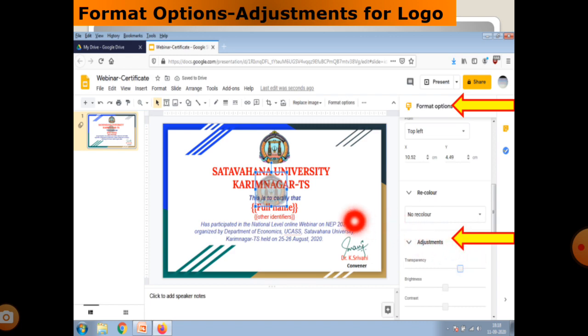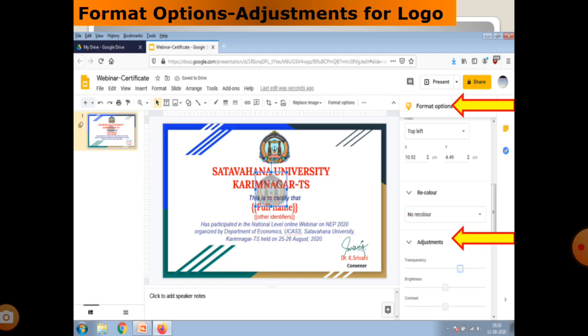After that you get the background logo in the middle of the certificate. Then you have to increase the size of this image box as much as you want. So: format option, adjustments, transparency, it's enough.